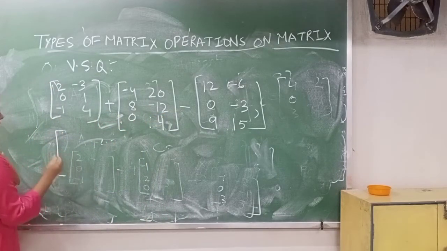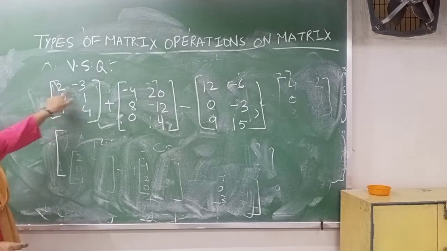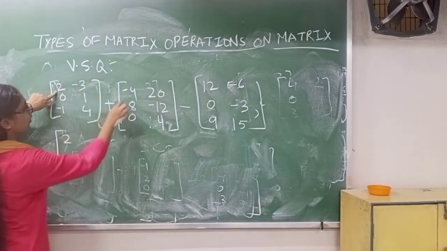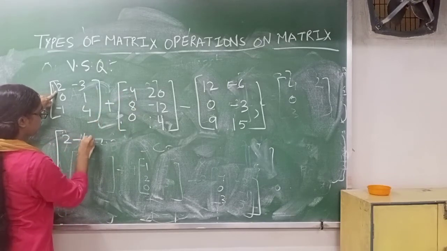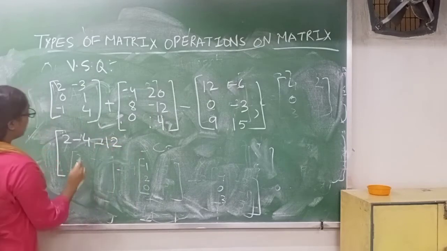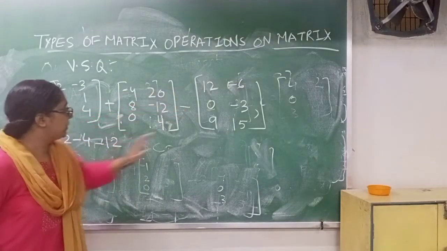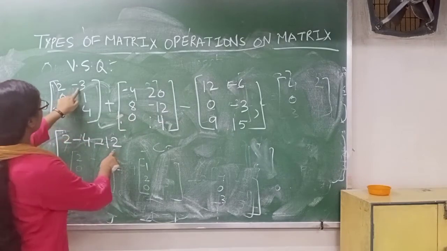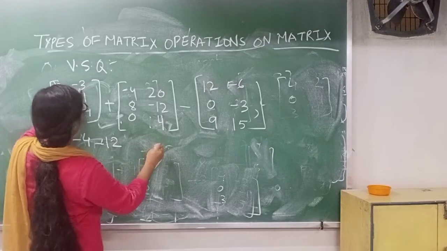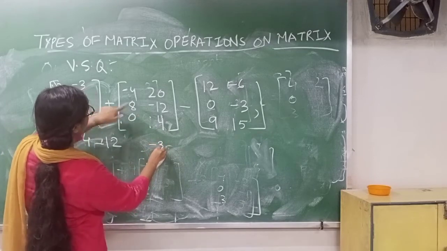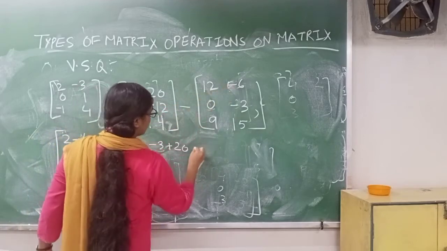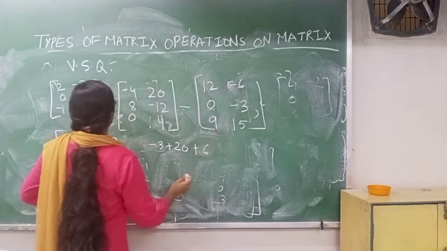You will make one matrix, and you will add first element with first element. First you have your 2, then plus minus, so minus 4 you will write, then minus plus minus, minus 12. Whatever you are doing in the first element you will write first. Then second one: minus 3, leave some space here, then write minus 3, then plus 20, minus minus, this minus and plus 6.